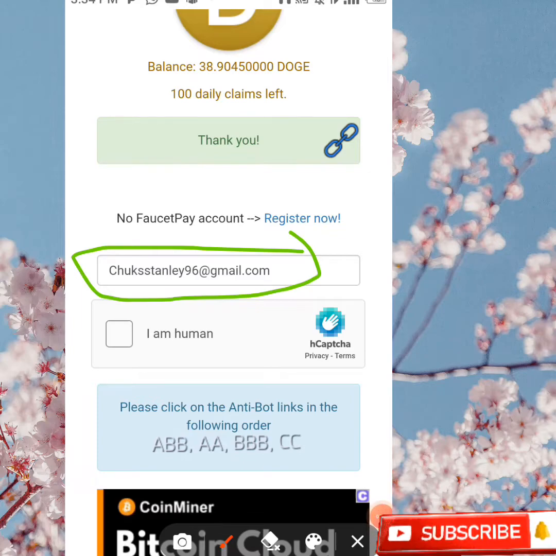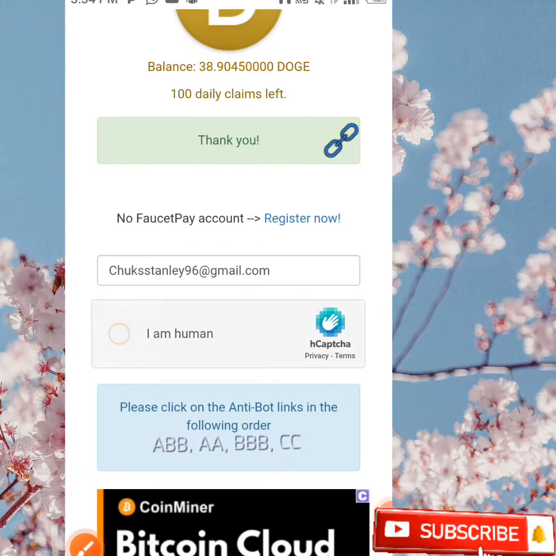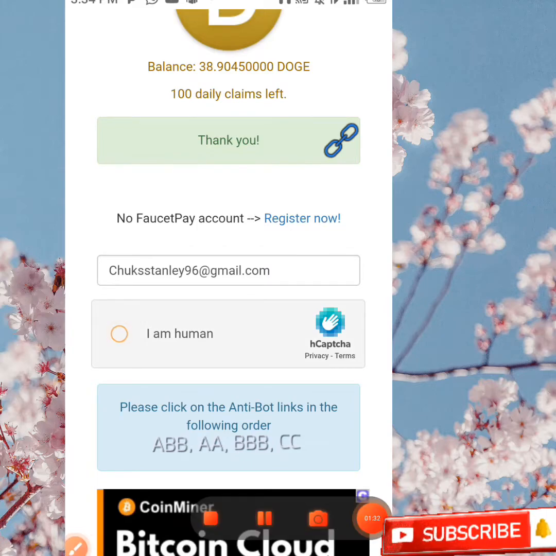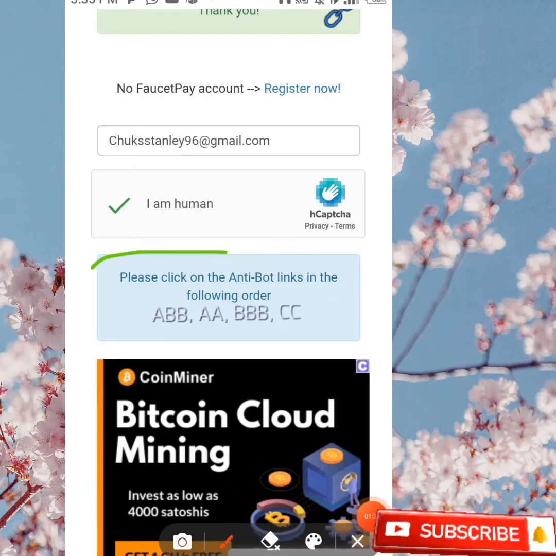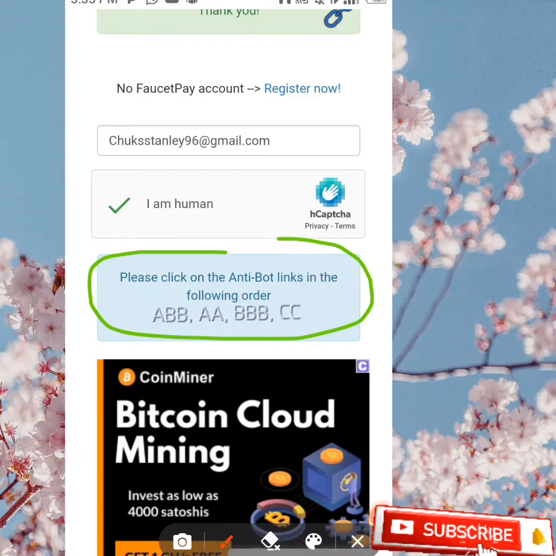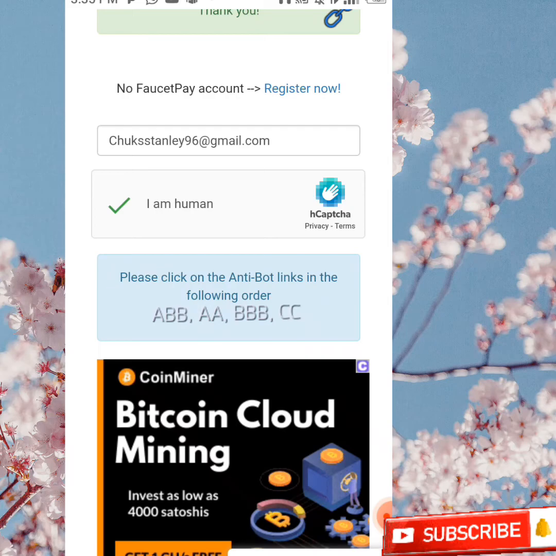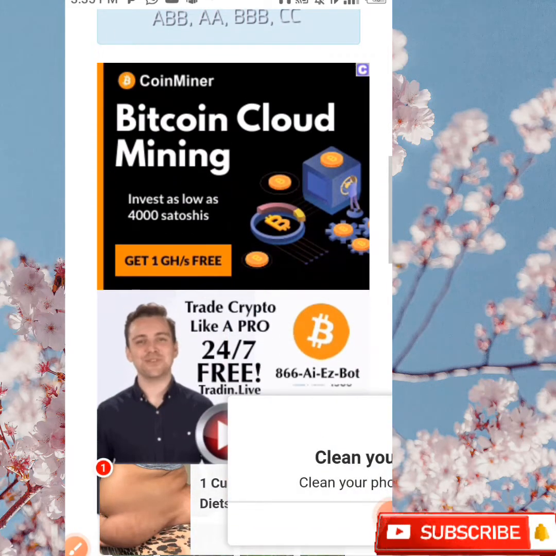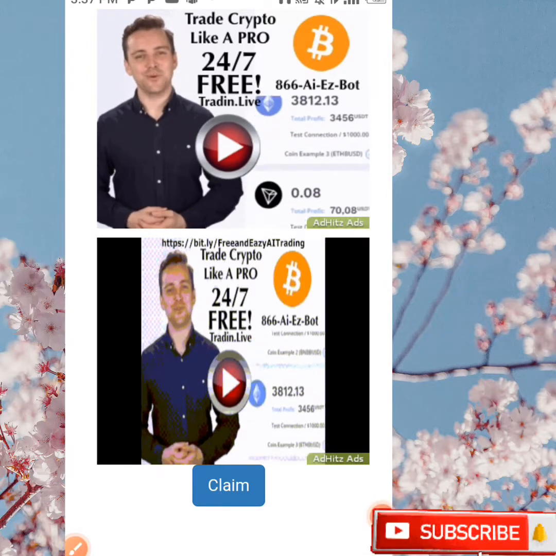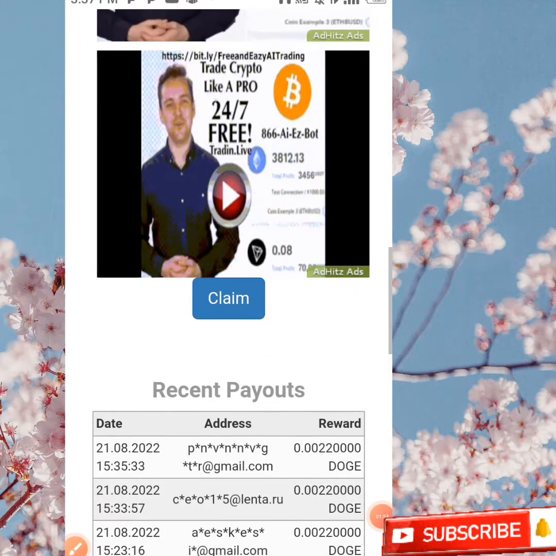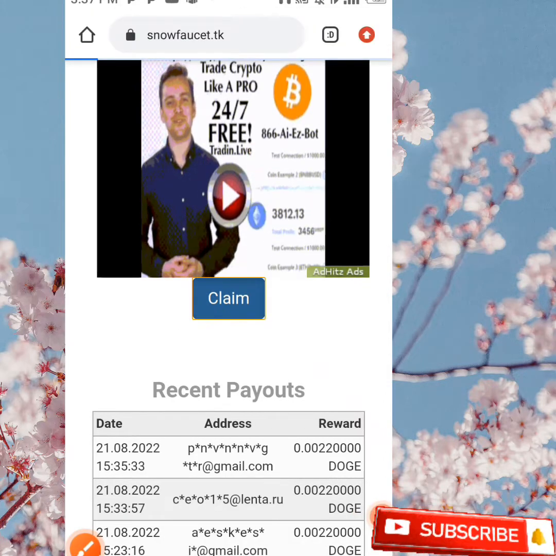So after that is done, you complete this captcha over here which says I am human. So after you have verified that you are human, as you can see here, you have to please click on the antibot link in the following order: ABBAABBBCCC, which you are going to be doing now. So guys, after inputting the antibot link in the following order, you scroll down and click on claim, which is over here. Now when you click on claim,